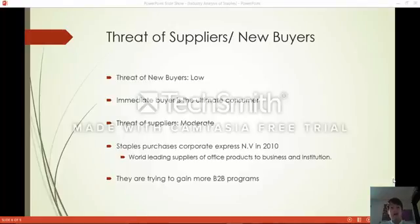Now I will be talking about the threat of suppliers. The threat of suppliers for Staples is considered pretty moderate. The bargaining power of suppliers affects the intensity of the competition in that industry, where there are a large number of suppliers. Most industries try to forge a partnership with a safe supplier and try to reduce inventory and logistical cost. So taking all those into consideration, I thought it was a great move that Staples